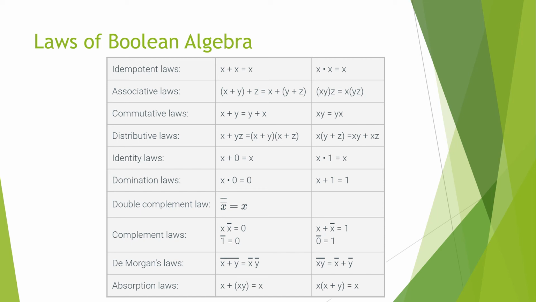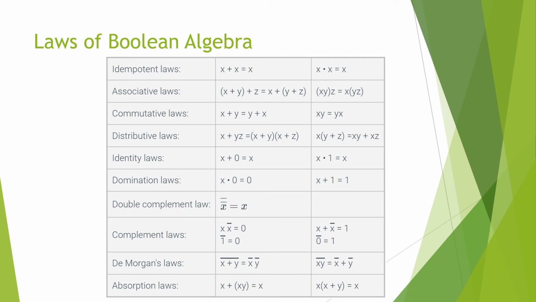Basically, the first law is called idempotent. You remember this law for logical equivalence of P or P or P and P. Here, instead of disjunction, we have addition. Instead of conjunction, we have multiplication. So these are the translation of those laws that we have seen for logical equivalence, but here we replace